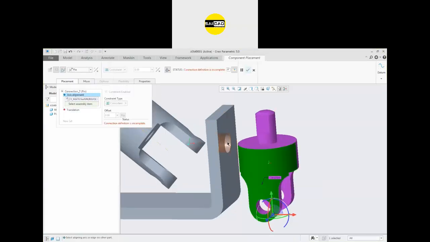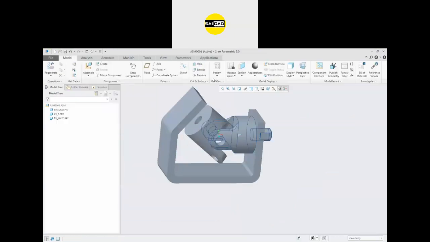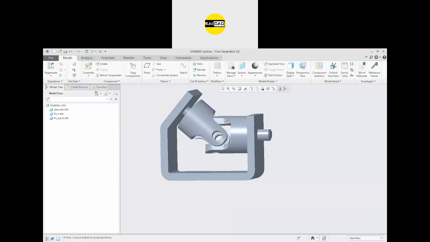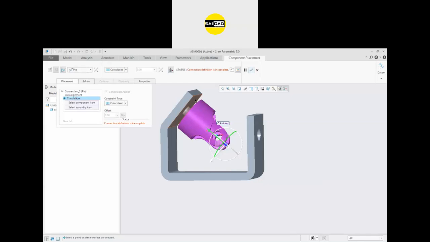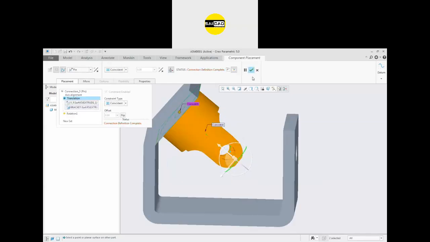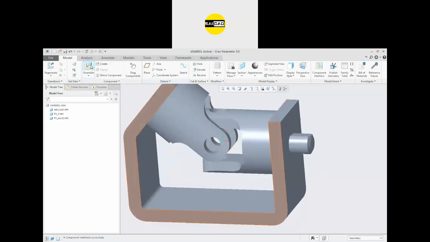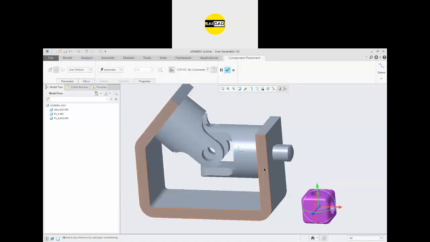So pin joint, define the two faces like that, and define the two faces like that. Click OK. Now you can see both the objects are in motion. This is the pin, this is the cylinder. If you define the pin to this object also, go to the edit, define the relation that is pin, and for the pin we have to specify the translation relation like that. So now we have two objects like that, and now we have to define the third connector in between. So this is the part that will be in the middle.